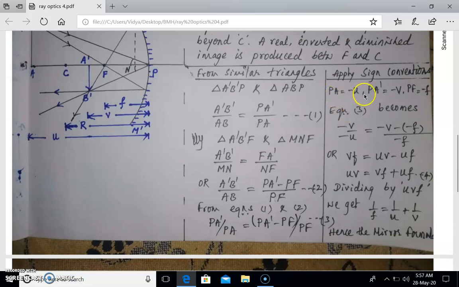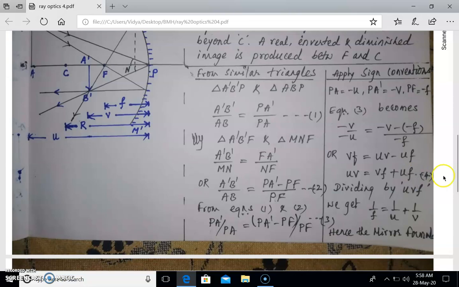Substituting these terms in equation 3 becomes minus V by minus U equals to minus V minus of minus F divided by minus F. So simplifying, we get Vf equals to Uv minus Uf, or Uv equals to Vf plus Uf,